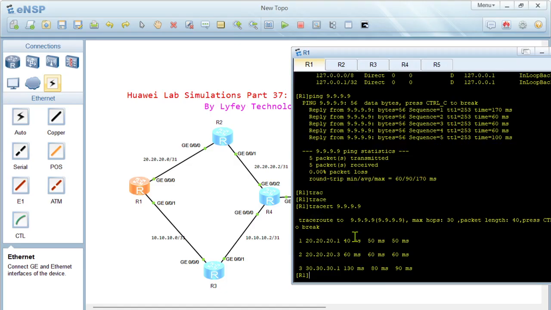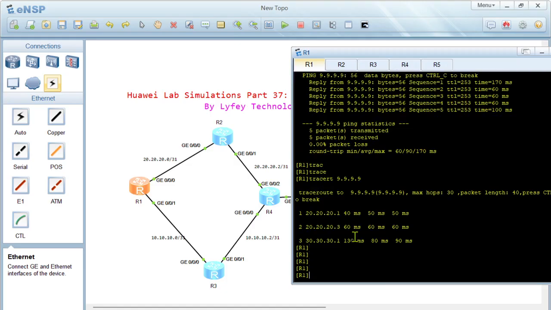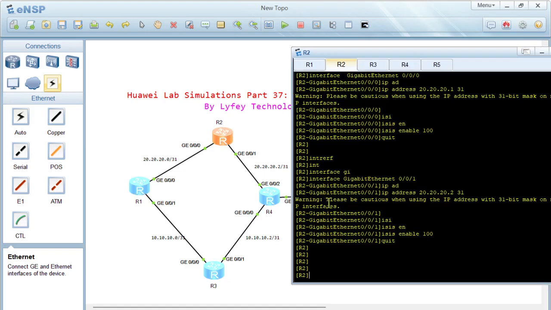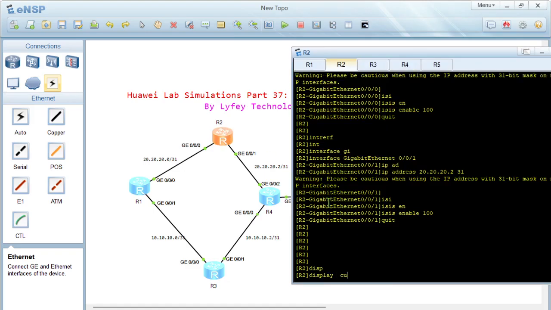It's also going through via the upper path. So what if we set the overload bit on this router? So on R2, display current configuration